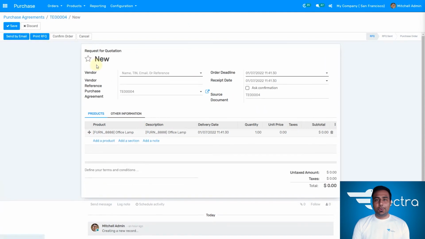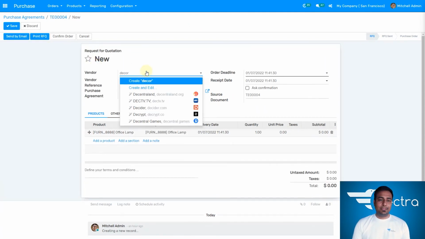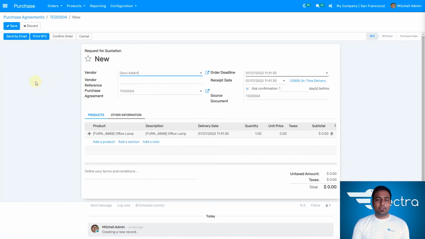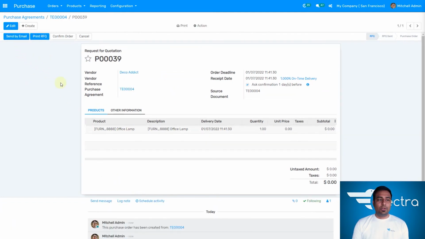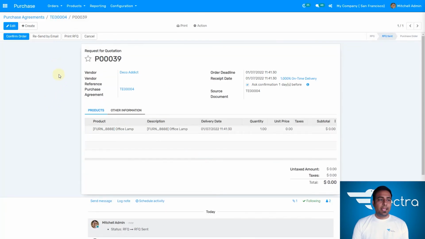For another new quotation, this will be from another vendor. So let's select Deco Addict. I'm going to choose the same, save it, and send it by email, as we do not need to add the product since we already selected it, and we do not need the unit price. So yeah, as we selected the purchase order, I'm going to